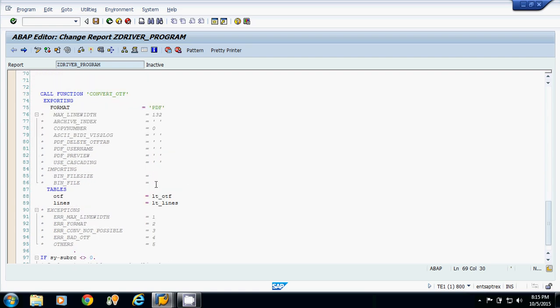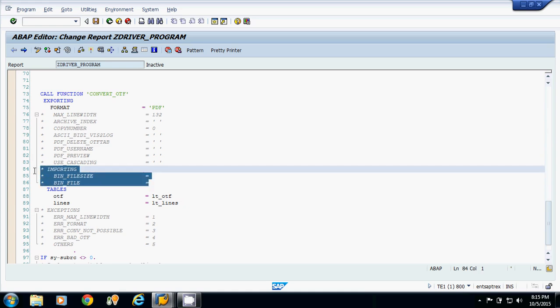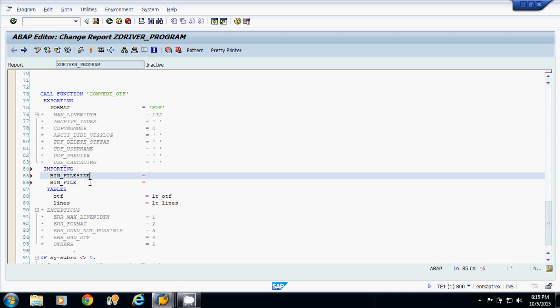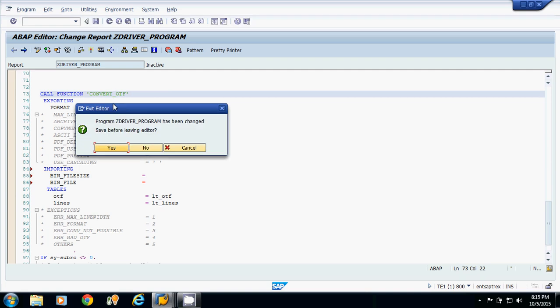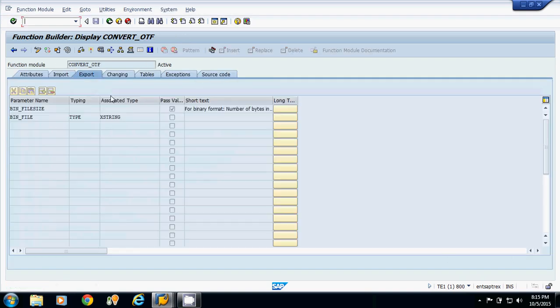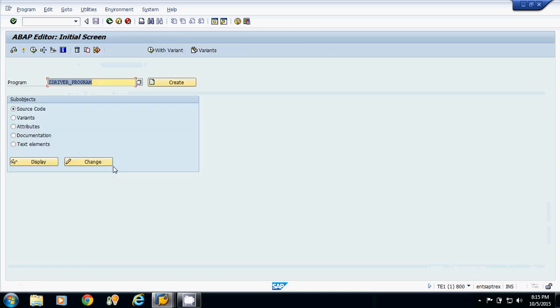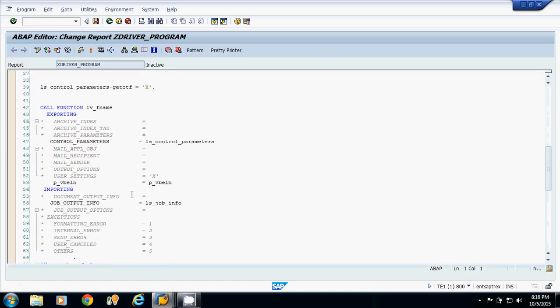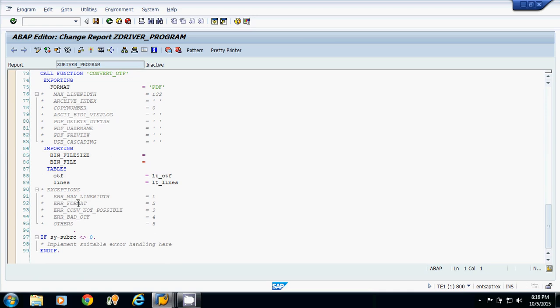Now I am also uncommenting these two options, bin_file_size and bin_file. I will check the type of these two parameters. I am only taking bin_file_size. I am not taking the parameter bin_file.